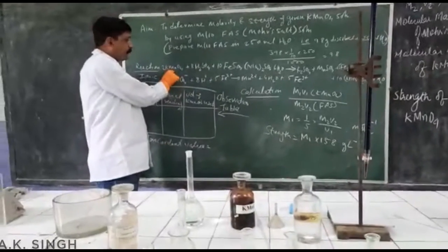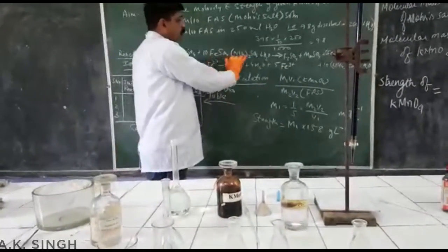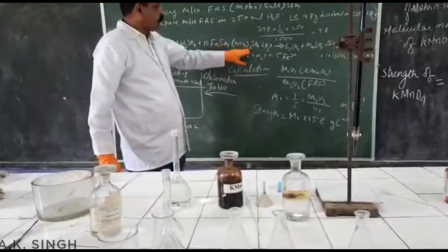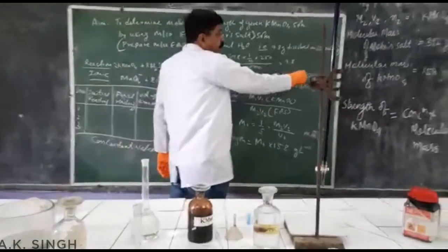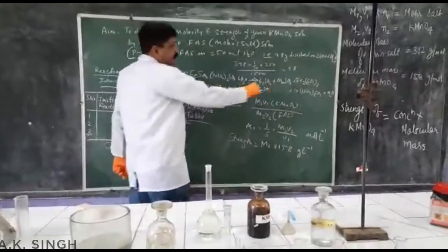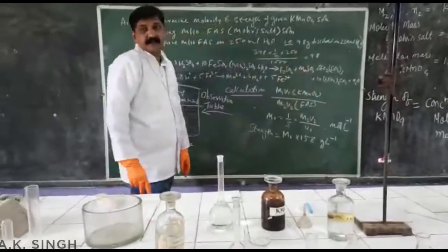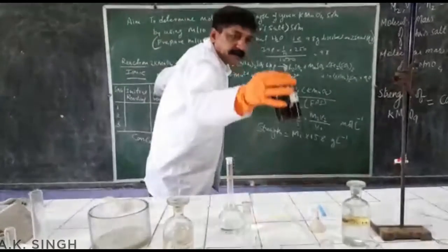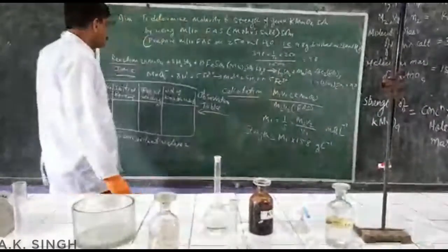2 molecules of KMnO4, potassium permanganate, in the acidic medium, that is sulfuric acid, react with the double salt, the Mohr salt, ferrous ammonium sulfate, ferrous sulfate, ammonium sulfate. It is a double salt. We get potassium sulfate, manganese sulfate, ferric sulfate, ammonium sulfate. Now what is happening? This ferrous salt is converted to ferric, and this is converted to manganese sulfate, that is colorless. So here we get the color of potassium permanganate, that is purple, and here we get the colorless.